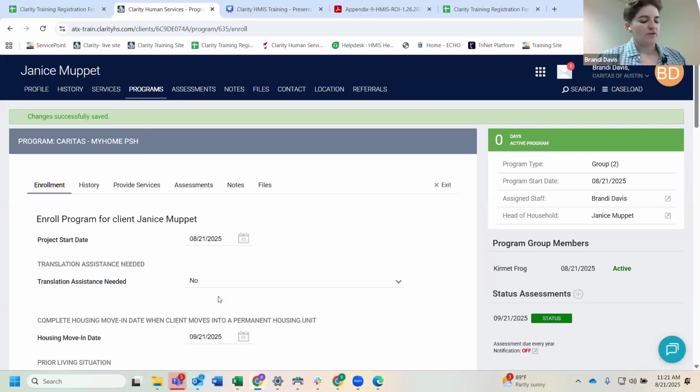So she's asking what to do with the housing move-in date if it's a transfer from one organization to another, basically. Yeah, so for transfers, once you create your program enrollment, you would just add the housing move-in date, if they're housed at that time, into that enrollment. Yeah. Awesome. Great question. Any other housing move-in date questions?